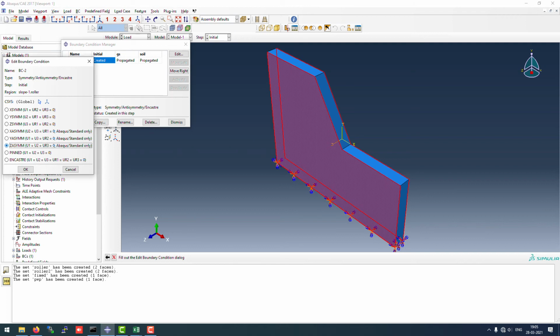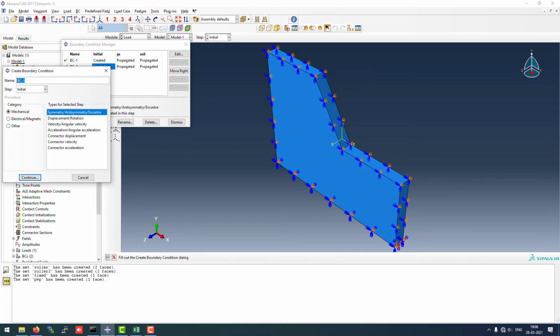Z axis symmetric basically means we want u3 to be 0. So u3 will be 0 in z symmetric. We can allow them to move in the x and y direction but not the z direction, so u3 will be 0. Click on OK.